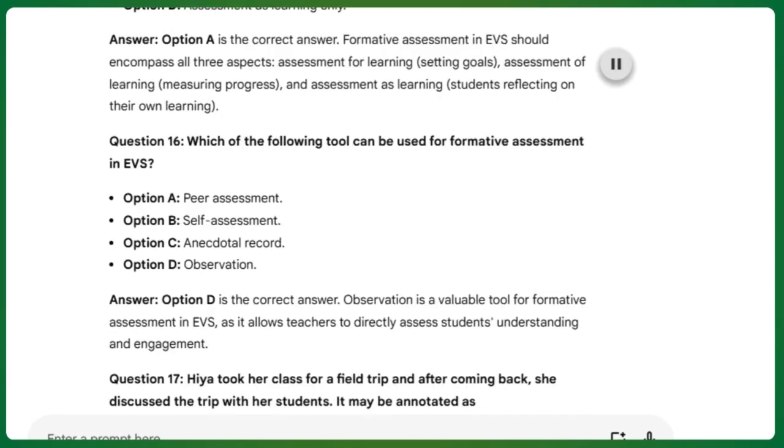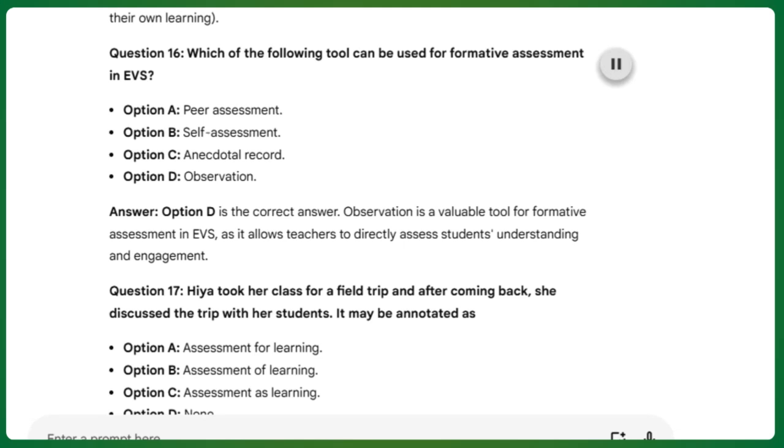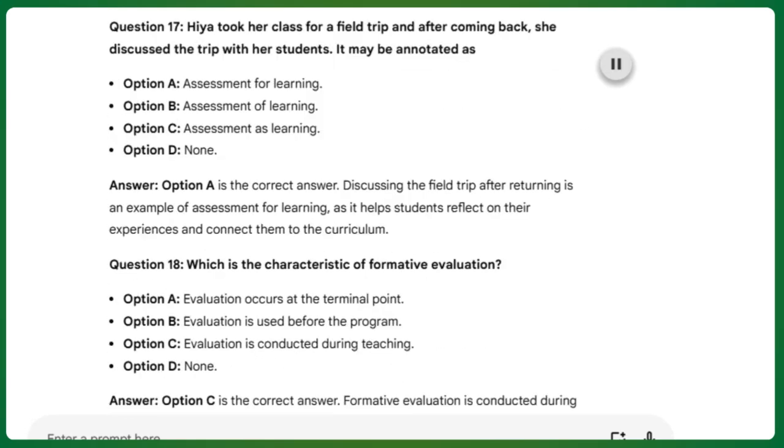Question 16. Which of the following tool can be used for formative assessment in EVS? Option A, peer assessment. Option B, self-assessment. Option C, anecdotal record. Option D, observation. Answer. Option D is the correct answer. Observation is a valuable tool for formative assessment in EVS, as it allows teachers to directly assess students' understanding and